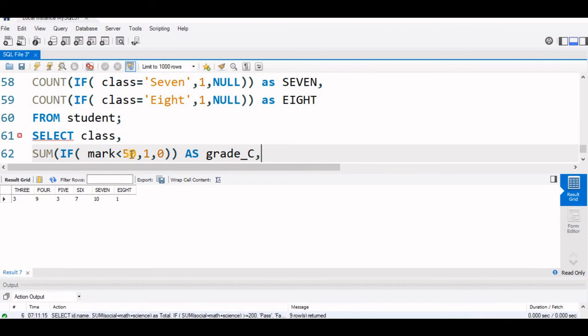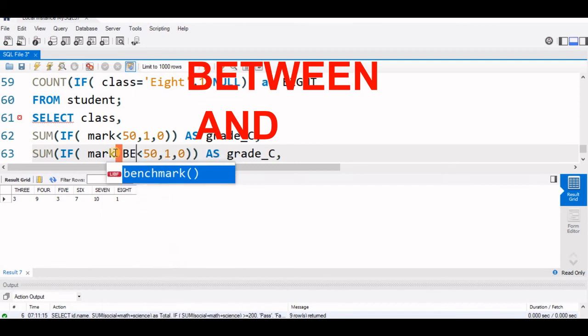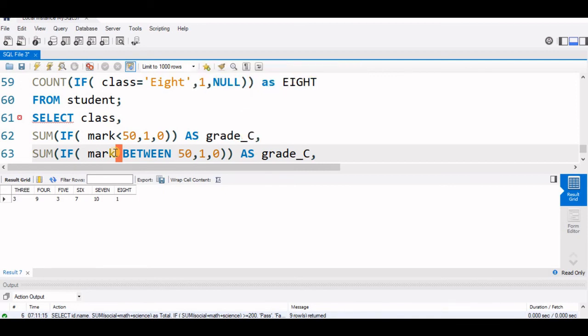Now let's use between here and assign a grade which is between 2 marks. So let's just copy this and paste it in the next line. If mark between 50 and 70, that is the condition we are giving, since less than 50 is already covered.